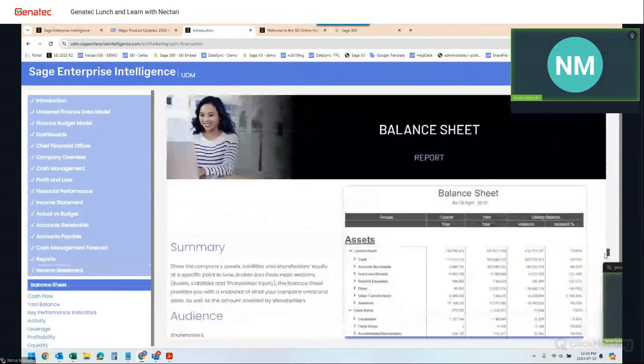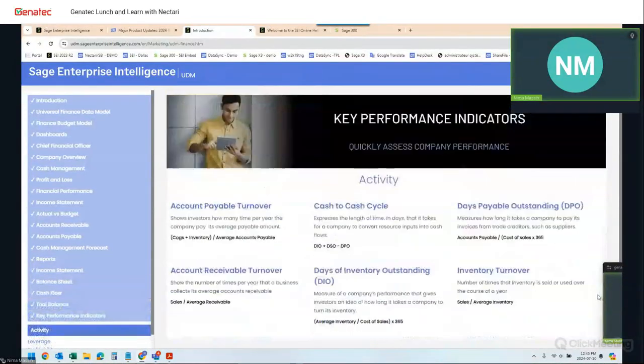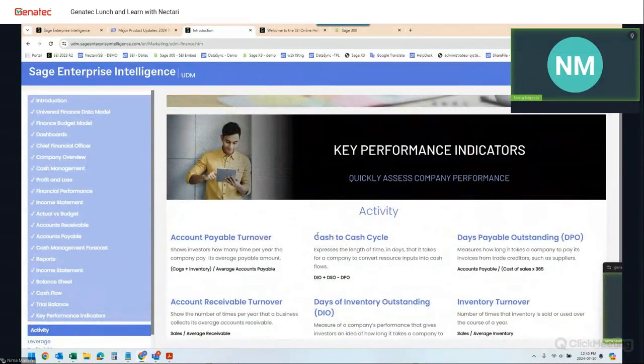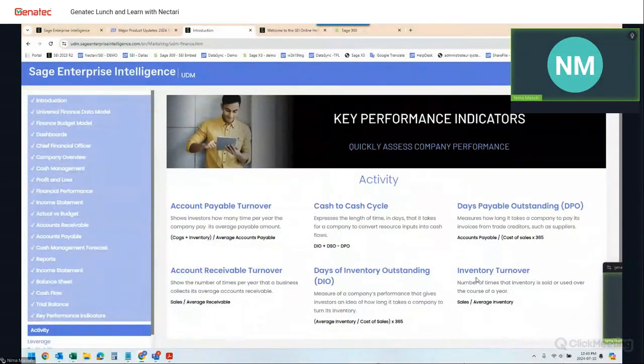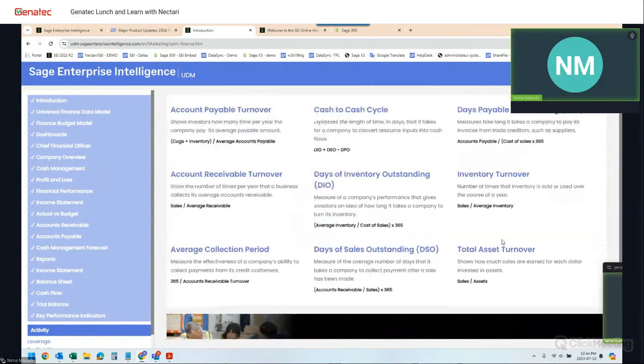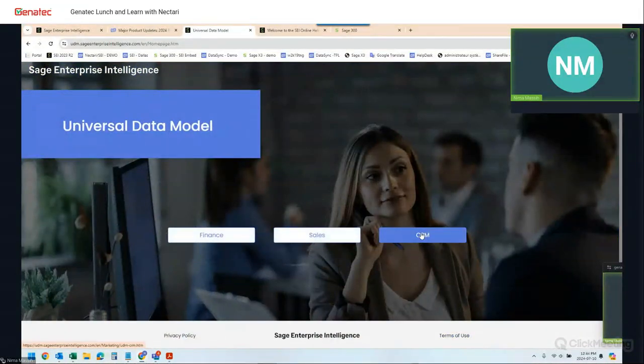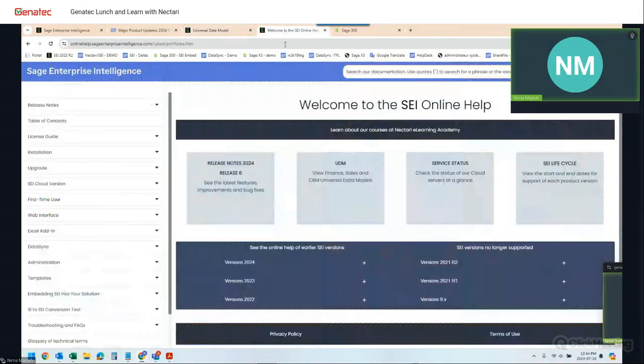We have some other reporting that we've now replicated with the workbooks. And finally, we have a list of KPIs. If you need a cash to cash cycle analysis, we have that out of the box. It's a drag and drop. Inventory turnover, it tells you it's your sales divided by your average inventory, and it gives you your inventory turnover. So be sure to visit this website for sales, the CRM component, or finance. And we also have online